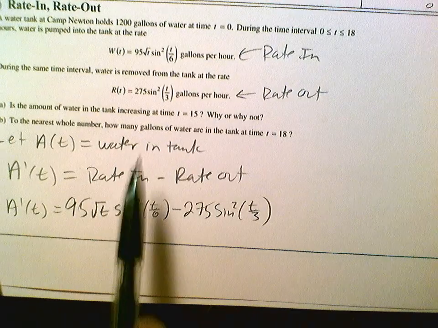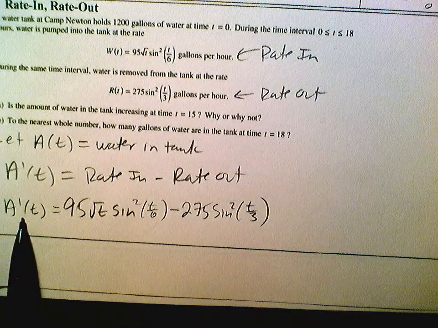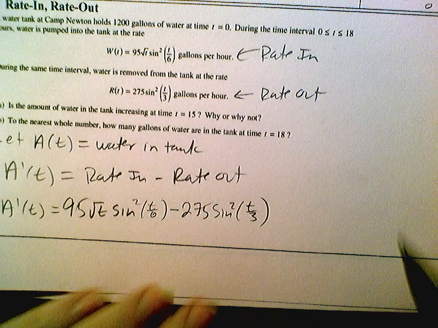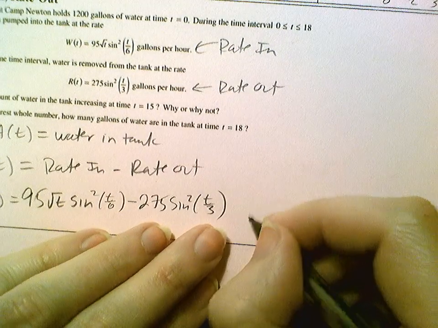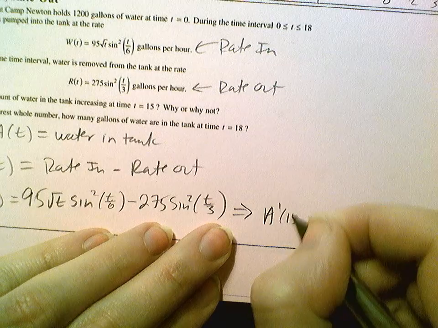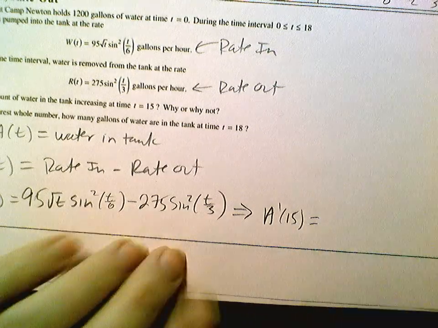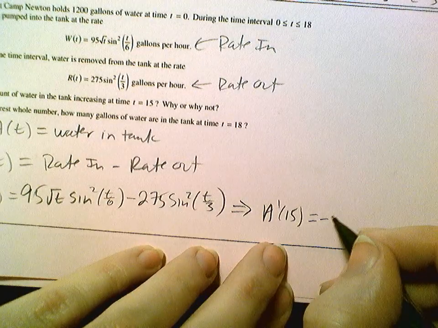Now they're asking, is the amount of water in the tank increasing at this time? Well, let's plug this in. Let's find A prime of 15 and see if it's positive. If it's positive, the answer is yes. If it's negative, the answer is no. So therefore, A prime of 15. It's kind of tedious to plug that into your calculator. I already took the liberty, and it is negative